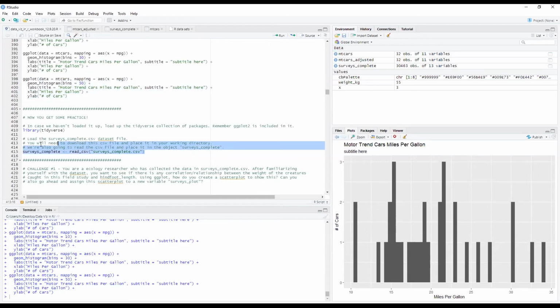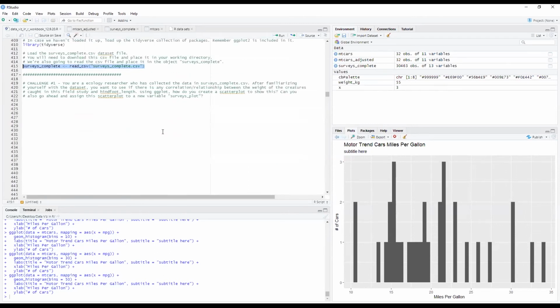We are going to take a look at our surveys.csv file. Hopefully we should have already loaded up tidyverse and read that CSV file. Hopefully it's right here in your environment on your top right. And so in our very first challenge, I'd like you, as an ecology researcher,